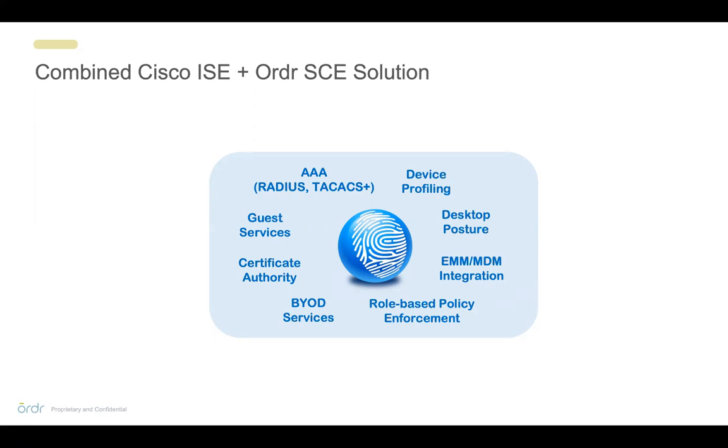And some of the core strengths of ISE include its AAA functionality, the authentication, authorization, and accounting through RADIUS, and doing device administration with TACACS. It has a device profiling engine that allows you to see everything that's connected to the network, determining where your workstations are, your desktops, mobile devices, printers and cameras, and so on. It provides powerful endpoint compliance for things like your desktop, and also integration with mobile device management, enterprise mobility management, to determine the compliance and risk for those mobile user devices.